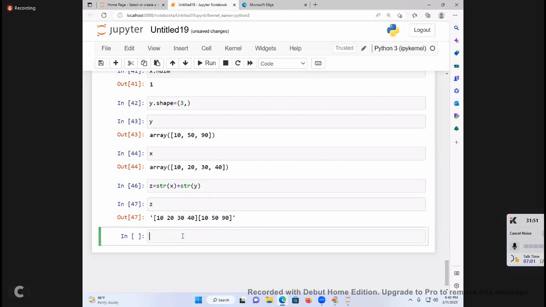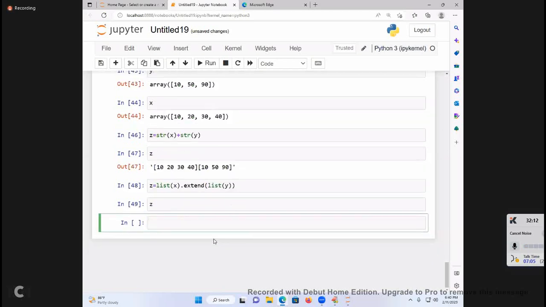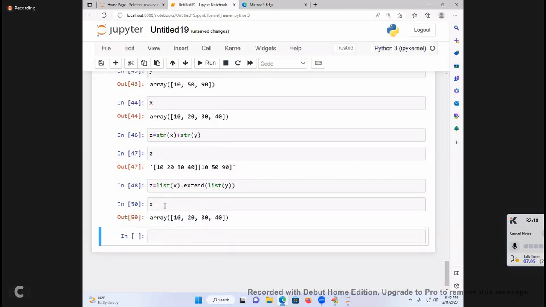I can do this. Still you want everything to be done. It's very simple, student. Some z is equal to list of x dot extend of list of y. I said z. So what happens? List of x. Okay. X I will print it. 10, 20, 30, 40.